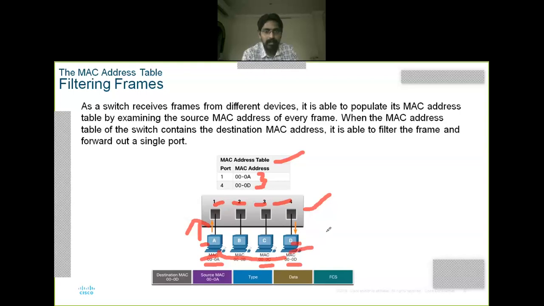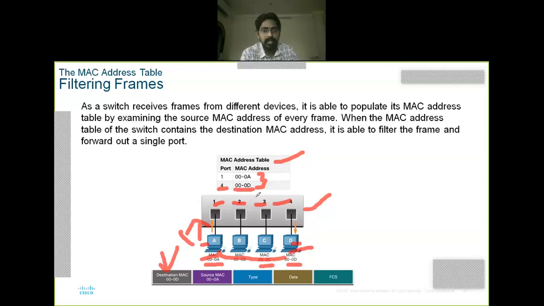How is it identified? With the IP address, right? According to the MAC address table, system D is connected at port number 4 and the MAC address is 000D, right? So that 000D address is filled in, and in the next step system A sends the data.